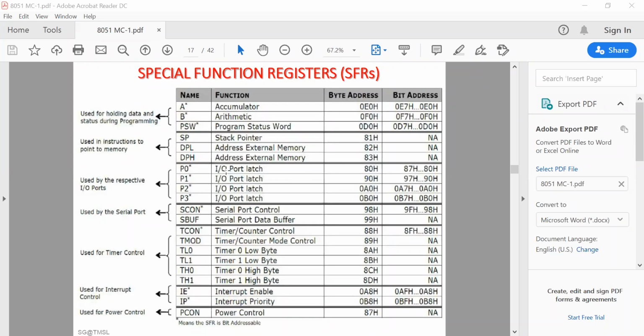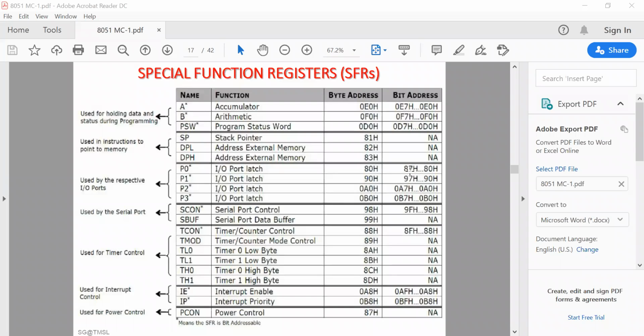Now this port 0 can be bit addressable also, from 80 to 87, because it has 8 lines in port 0: P0.0, 0.1, 0.2, 0.3 up to 0.7. The address of P0.0 is 80. The address of P0.1 is 81. The address of P0.2 is 82. In this way, the address of P0.7 is 87.